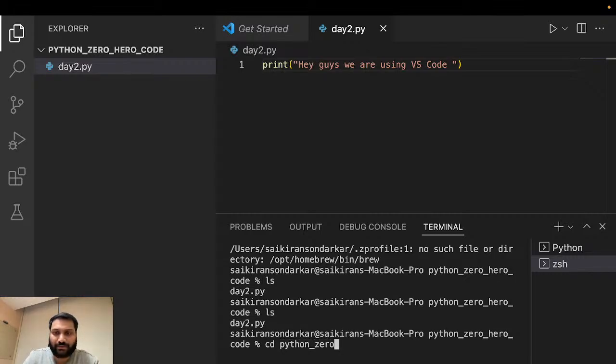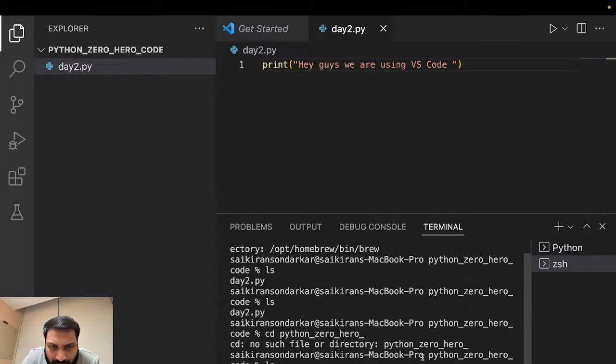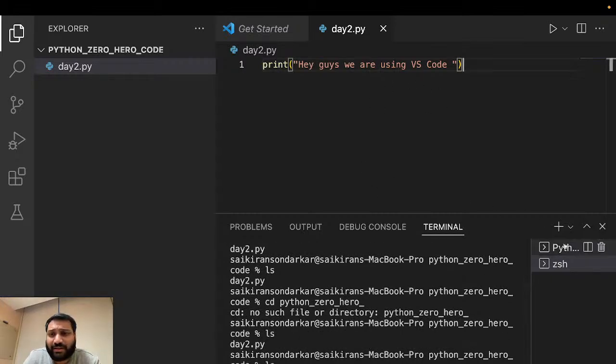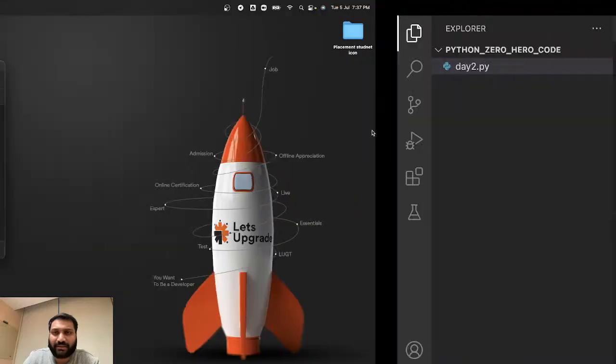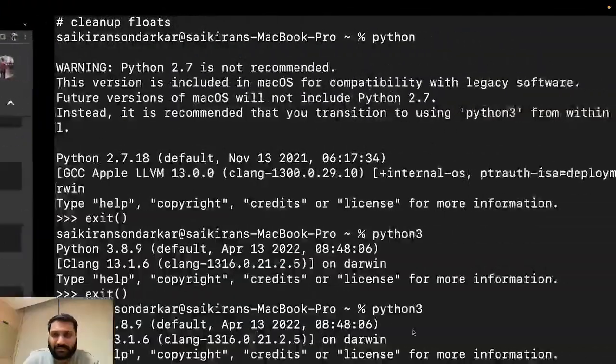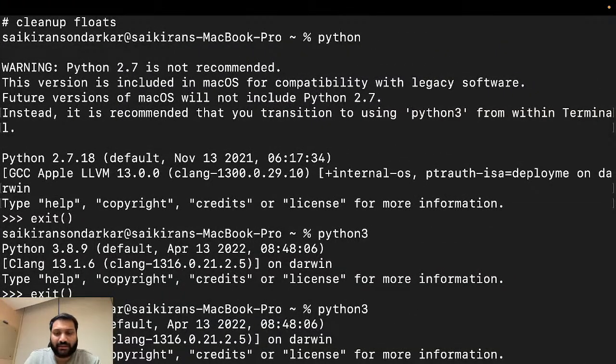Python 02 hero. I'm already in this folder, I think. Yes, I think I'm already in this folder, but if I'm already in this folder, this should run, no? Okay, fine, no worries. Whatever it is, we will see it tomorrow. I'll debug it. If I have to run the same thing via terminal, I can do it right away. Exit,